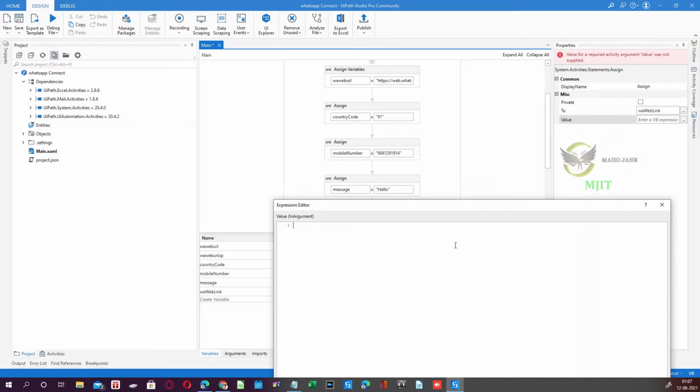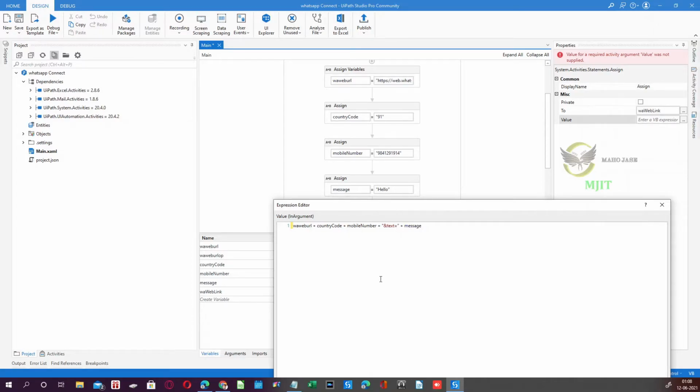What is the value we're going to give? WA web URL plus country code plus mobile number plus double quotes ampersand text equal to, I have closed the double quotes, plus message.